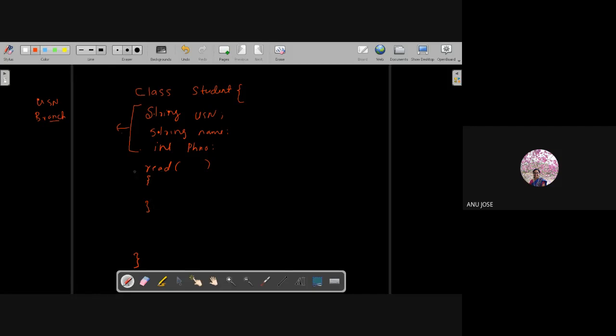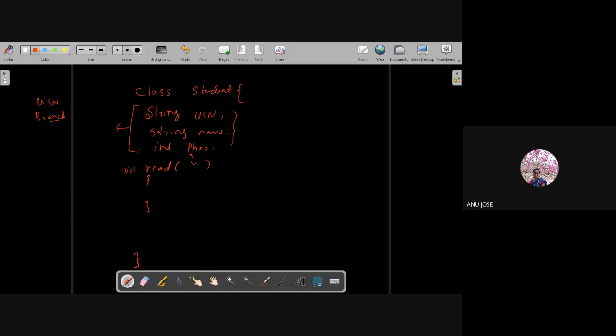So read is one function. Either from the main you can read these details and transfer them as input parameters to the read function, or you can create an object there and transfer the object itself to this function, or inside this function itself you can read it. Whichever option you choose is your choice.